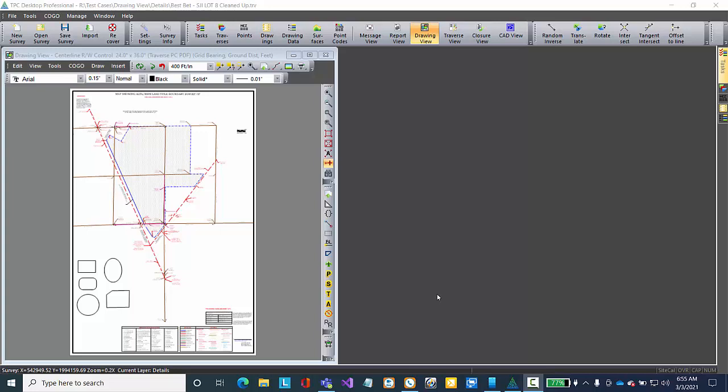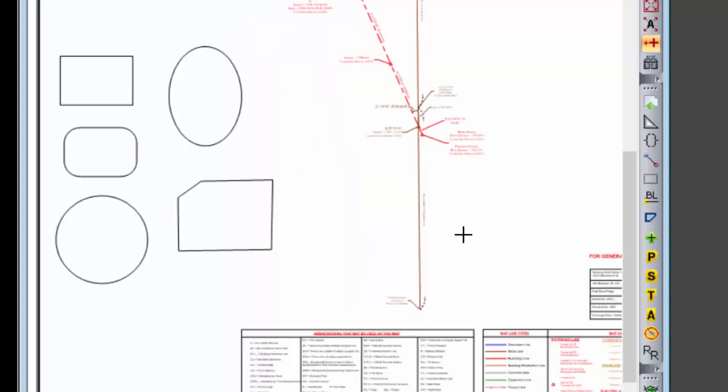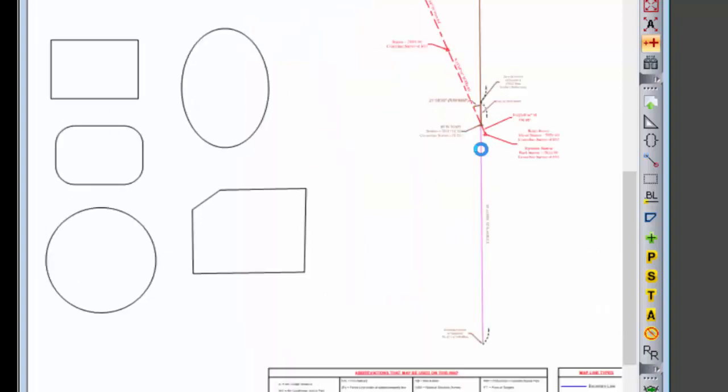Let's take a sneak peek at drawing details, something new in TPC Desktop 2021. So I'm going to drop down to the bottom of this drawing here, and I've got a section that has a lot of information in it here. And I need to draw a detail boundary object, and I'm going to use one of these here and create